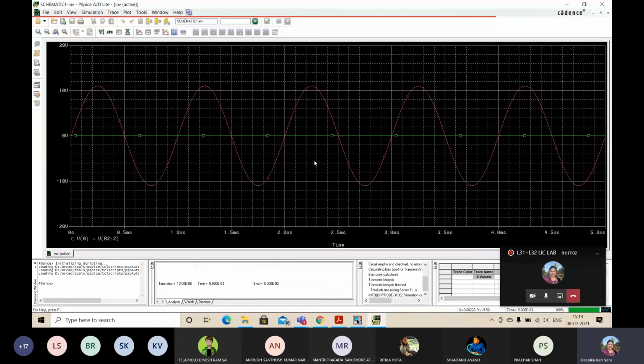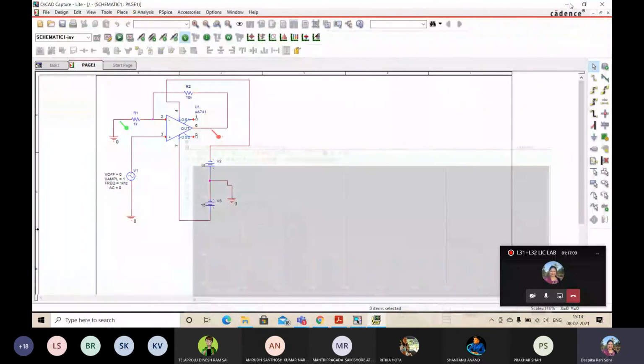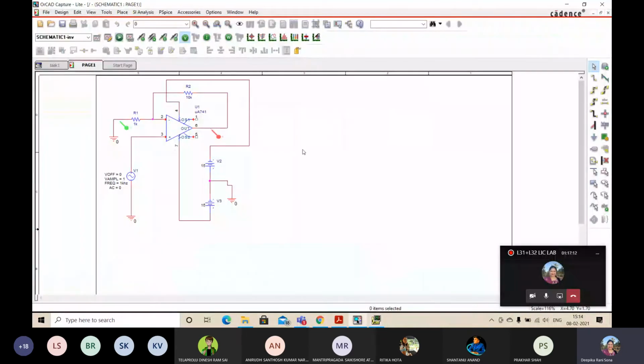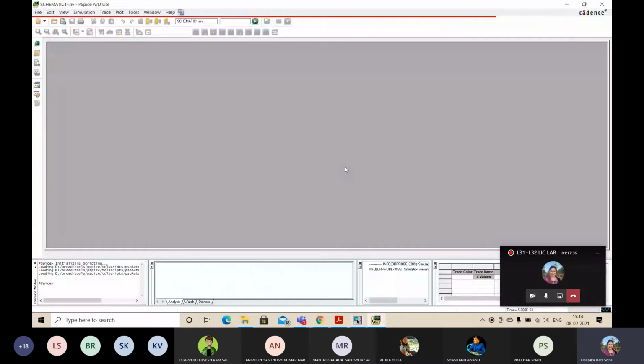Yes, ma'am. It's coming, I think so. Input is wrong again. Go to your input. No issue. In input, you have connected the probe to the negative input. Now you have to connect that to the non-inverting input. No, not there. In non-inverting, you have to click. Bring that. Where you are going to check your voltage, the input of non-inverting. Now it will come.